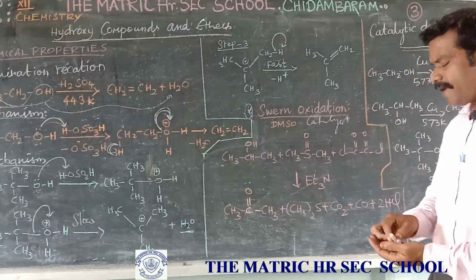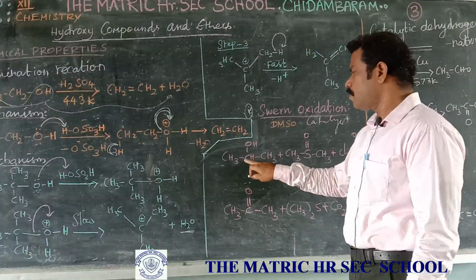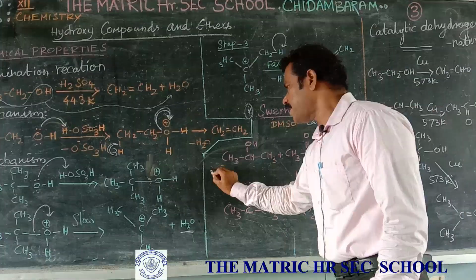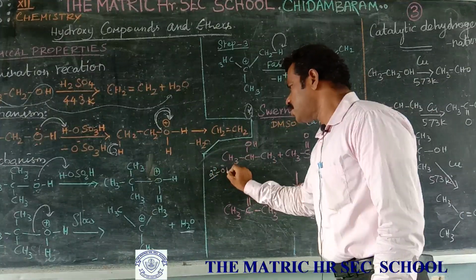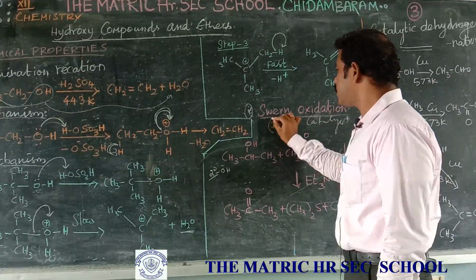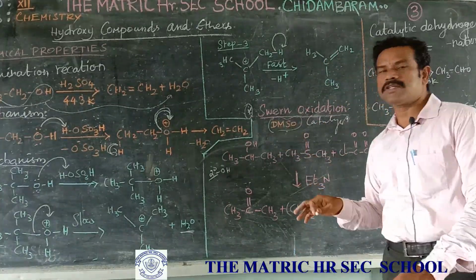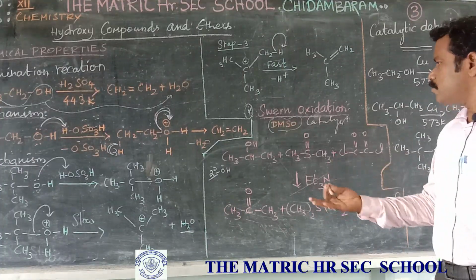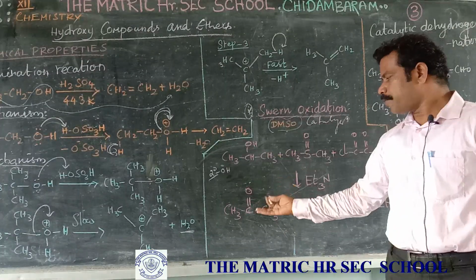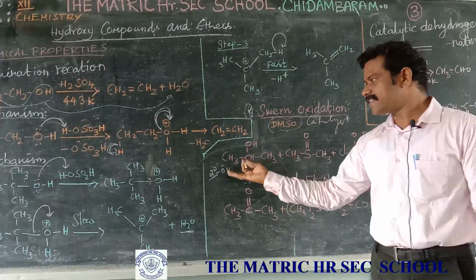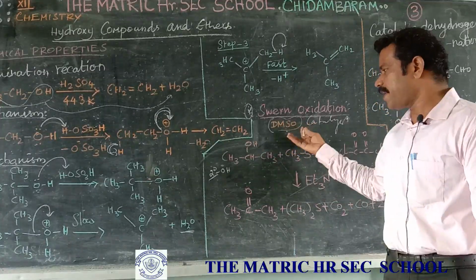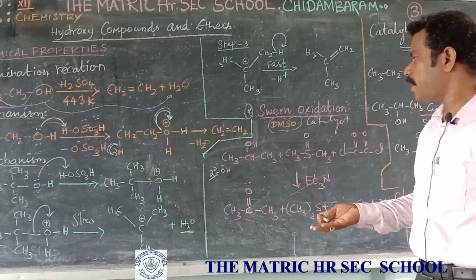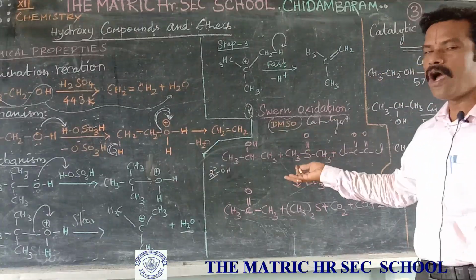Okay. We will take the secondary alcohol. The functional group is present at a carbon directly attached to 2 alkyl groups, so it is a secondary alcohol. What is the purpose? We will take dimethyl sulfoxide. Dimethyl sulfoxide oxidizes the alcohol to ketones or aldehyde. So I will take the secondary alcohol: the dimethyl sulfoxide oxidizes the secondary alcohol to ketone. Suppose we take the primary alcohol, dimethyl sulfoxide oxidizes it to the aldehyde.